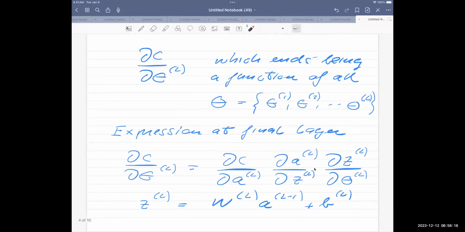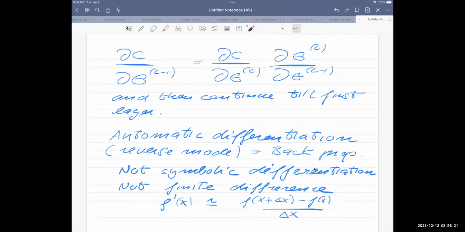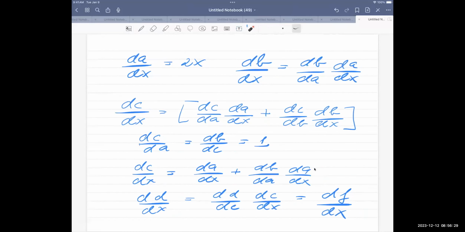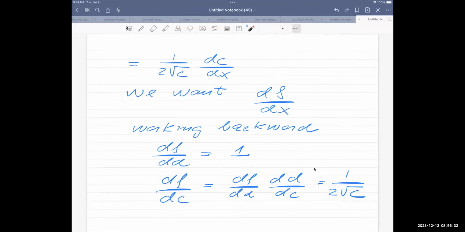And then we can step ourselves backward by simply using the chain rule here. So the back propagation here is going to be exactly the same thing as automatic differentiation in the reverse mode, where we actually start with the derivatives at the final point. And in our case, we have defined this variable d, which is the same as the function f. And then we can break this d down in terms of the different variables, c and b and a and d finally here. So if we now look at the derivatives which we are going to need in order to set this up,